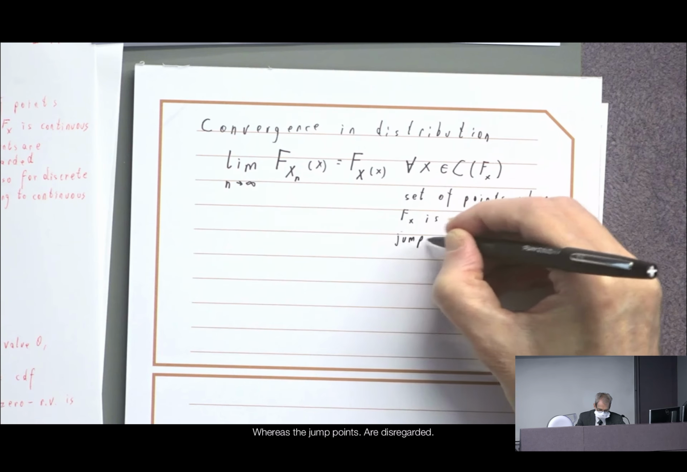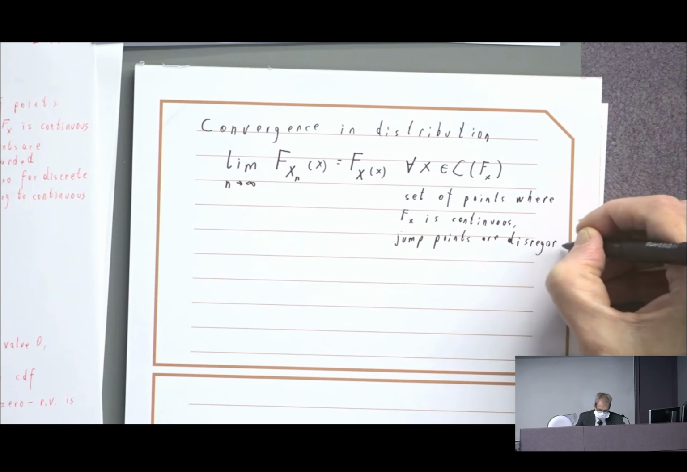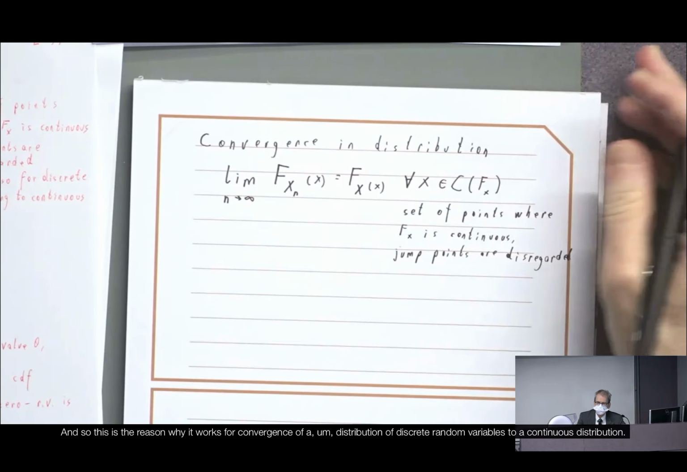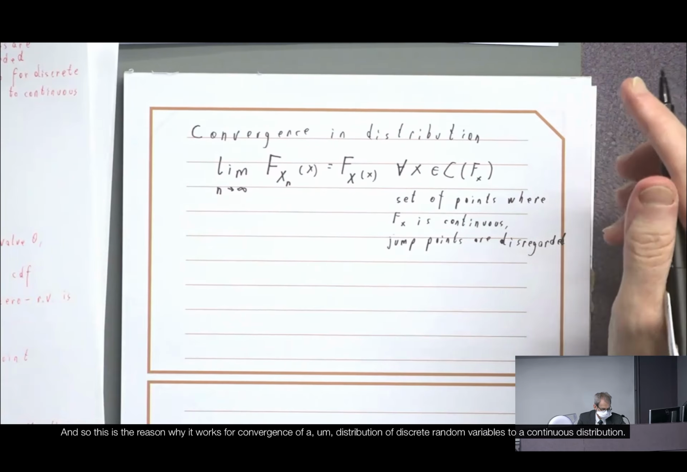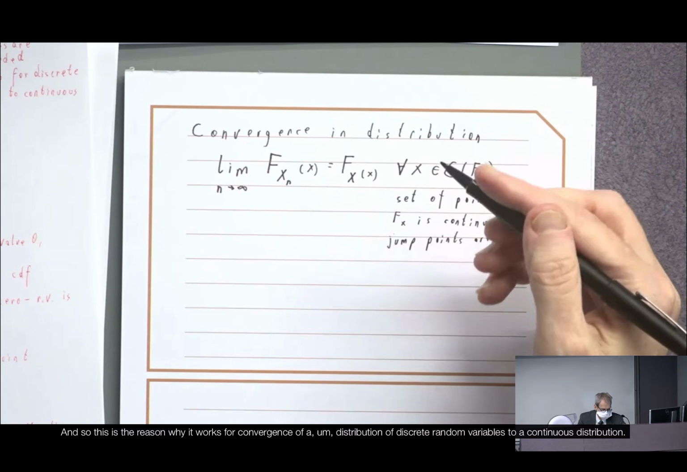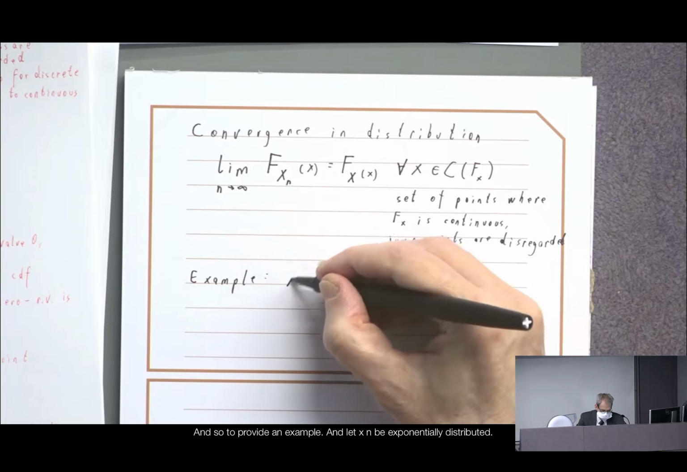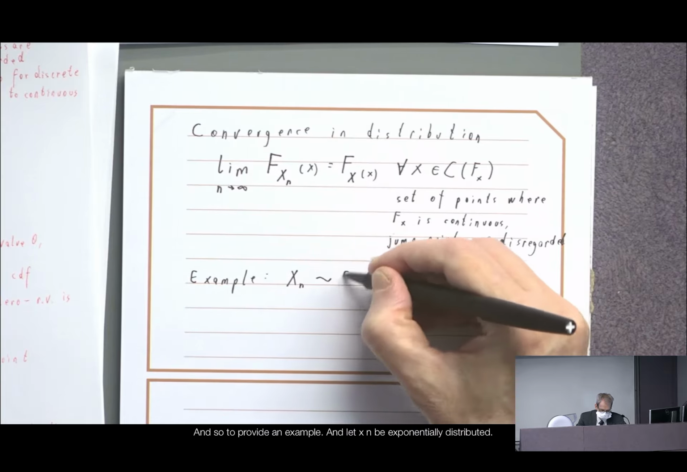whereas the jump points are disregarded. Right? So this is the reason why it works for convergence of a distribution of discrete random variables to a continuous distribution. And so to provide an example, let X_n be exponentially distributed